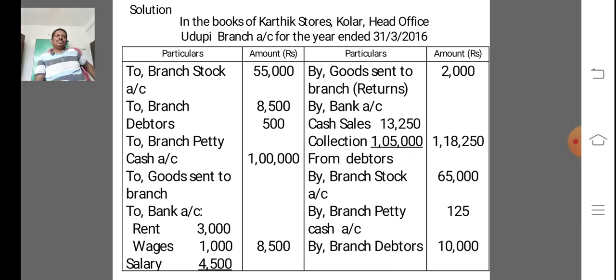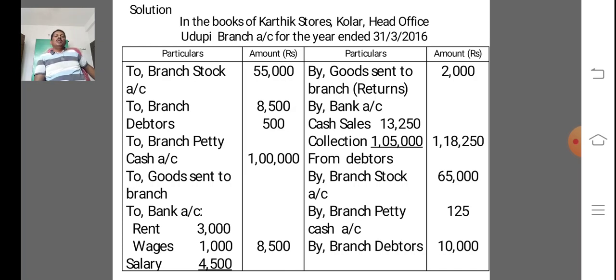So in the books of Karthik Stores Kolar head office, Udupi branch account for the year ended 31/3/2016, we debit the branch stock account 55,000, debit the branch debtors 8,500, debit the branch petty cash 500, and credit the goods sent to branch account, that is returns 2,000, by bank account, that is cash sales collection from debtors is 1 lakh, total 1 lakh 18,250, 13,250 plus 1 lakh 5,000, and